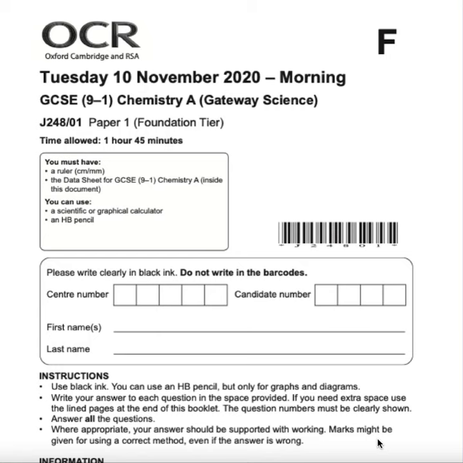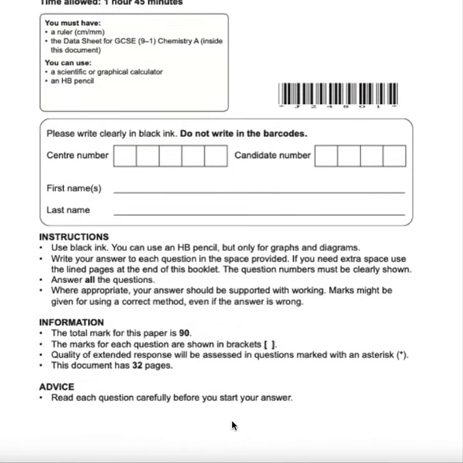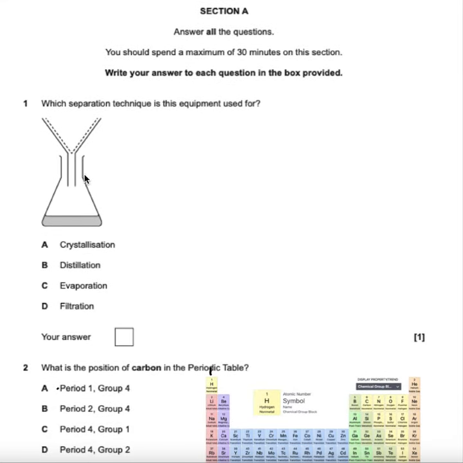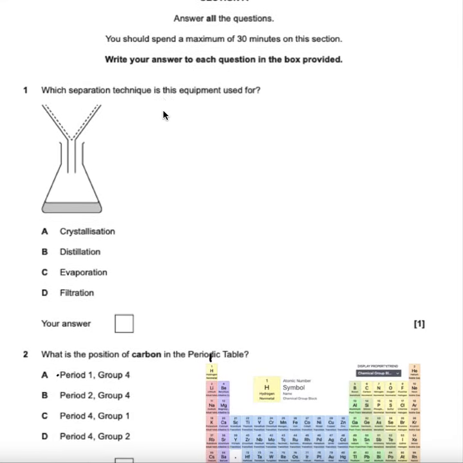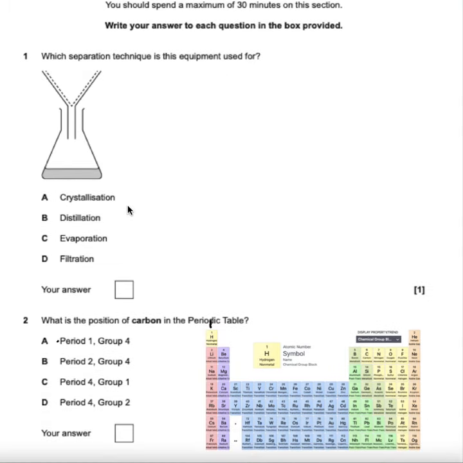Going over the OCR Chemistry GCSE Foundation paper, 2020, and we are doing section A. Which separation technique is this equipment used for? Straight up, this is filtration, and we know this because the dotted V shape is the filter paper,